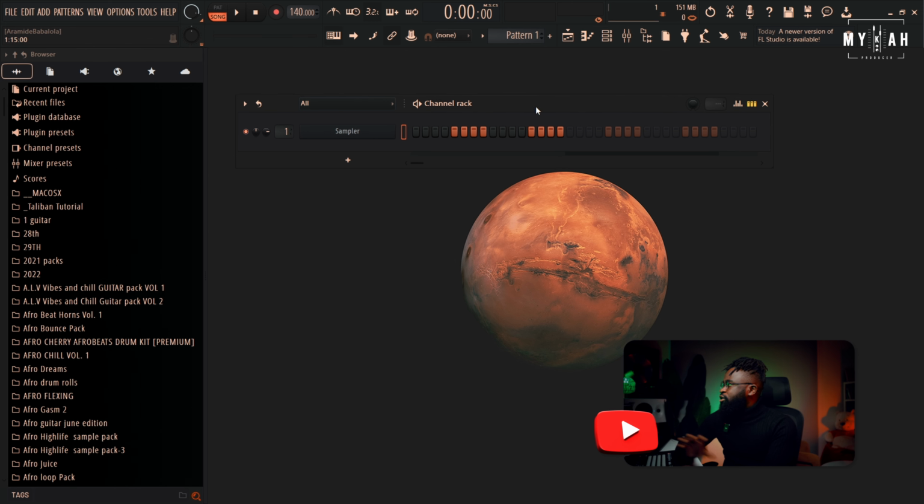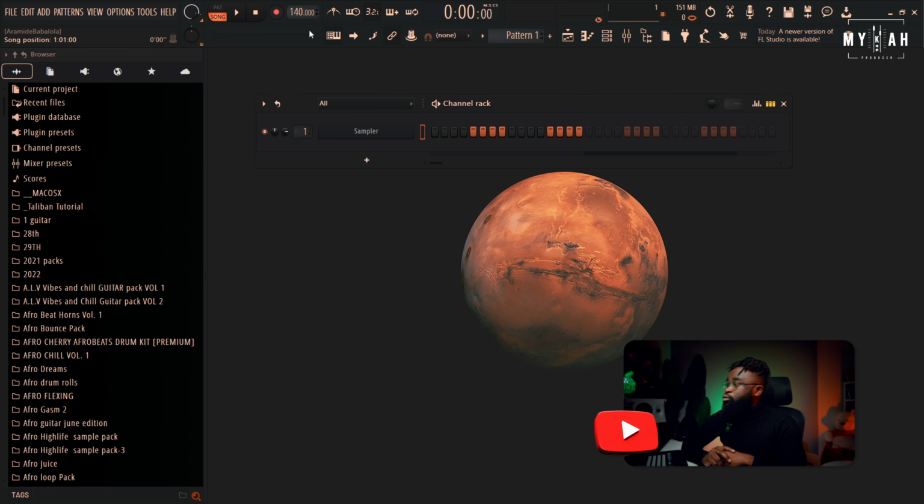All right, so now I'm back in FL Studio, and I'm sure you're familiar with this interface. If you missed the previous video, you could go refresh so you have an understanding of how easy FL Studio basically is. All right, so this is our channel rack, and by default FL Studio sets the tempo to 140,